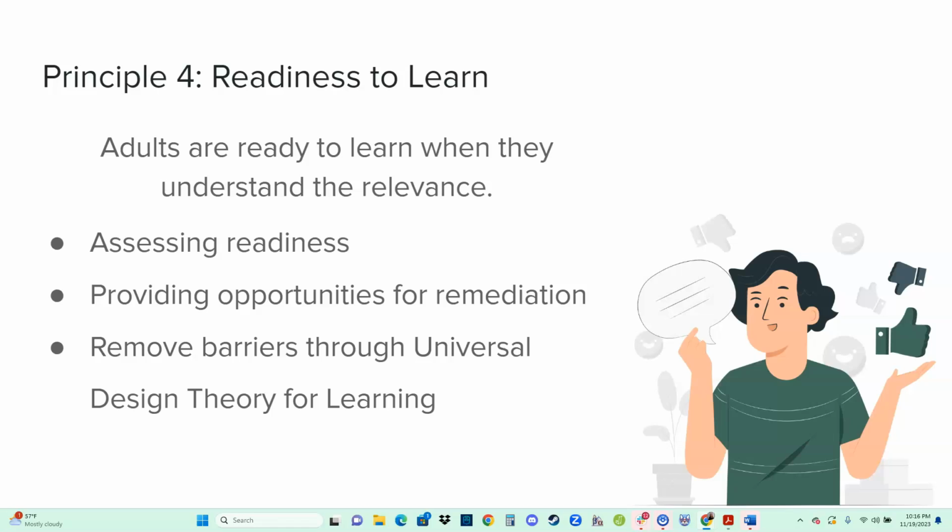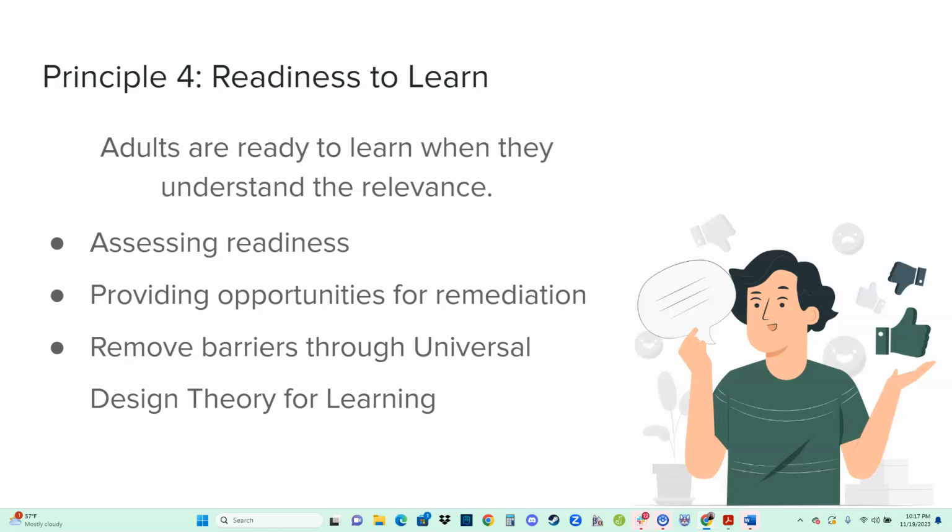Okay, right? So here's my activity. This is what I want them to be able to do. Now, how can you design an alternative for students to engage in who suffer from PTSD, right? Who suffer from physical disabilities where they can't engage with something in the same way. So just think about, when you map out your course, think about ways that you can remove barriers for your students through that lens of universal design theory for learning.